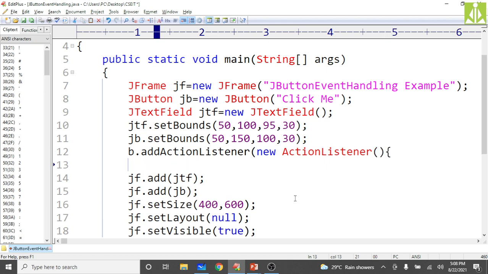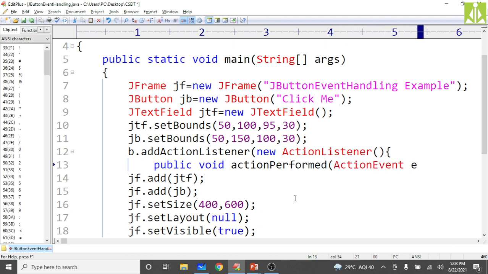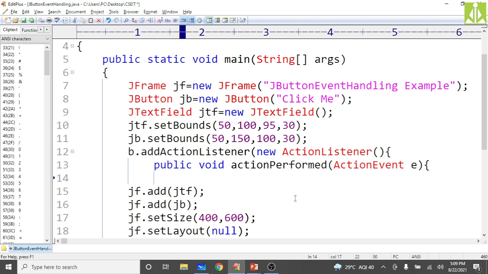After the constructor invocation, you need to define the method: public void actionPerformed. This you have to learn, you have to learn whatever you do, but this you have to learn. actionPerformed of ActionEvent, pass the object e. Then here you write the modification, whatever you want to do.